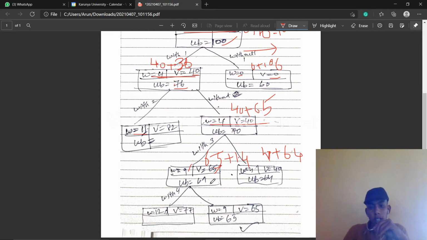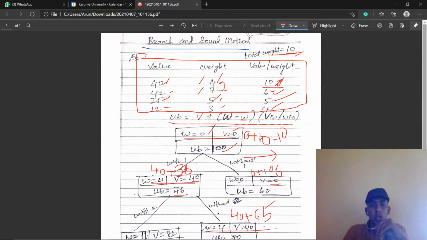Now with 3, if you take with 4, then what do you get? You will get 12. If you take 1, 3 and 4, the weights are 4, 5 and 3. So 4 plus 5 is 9, and 9 plus 3 is 12.